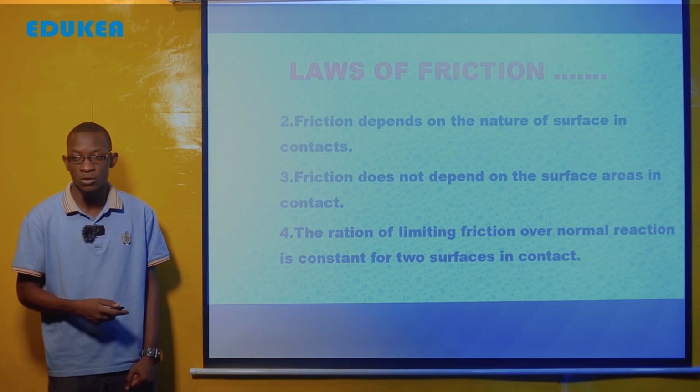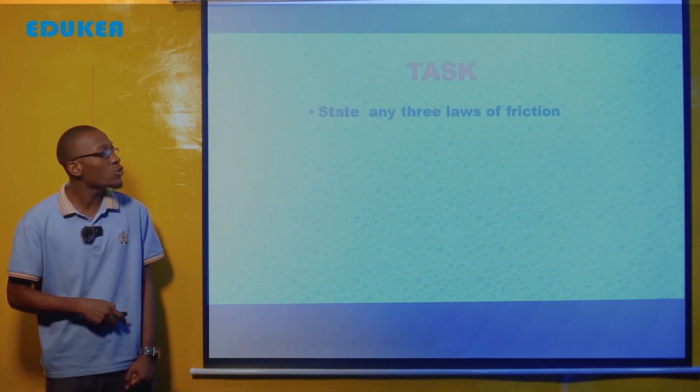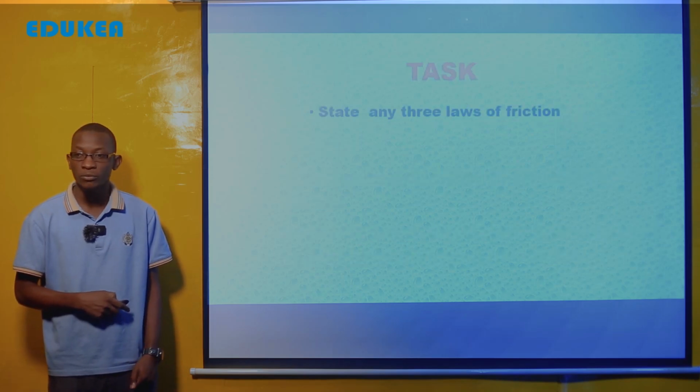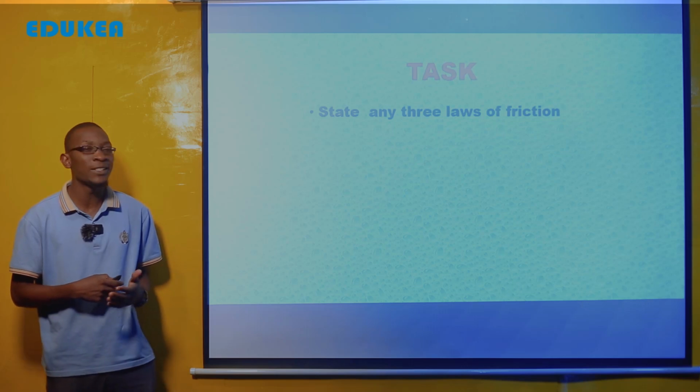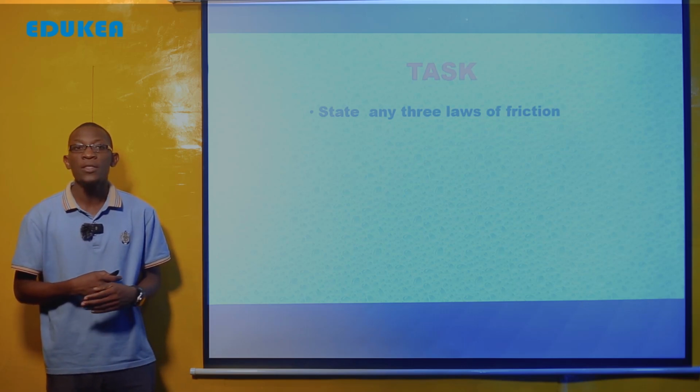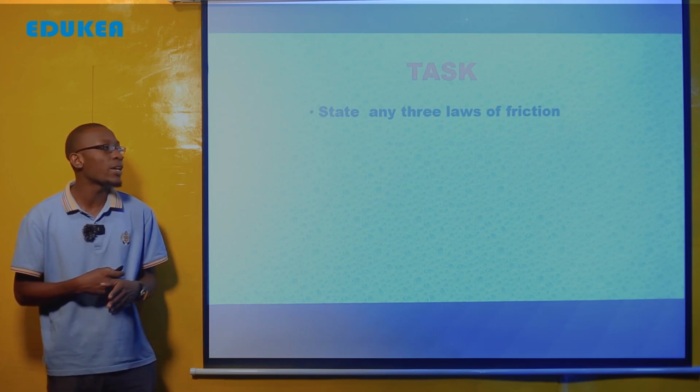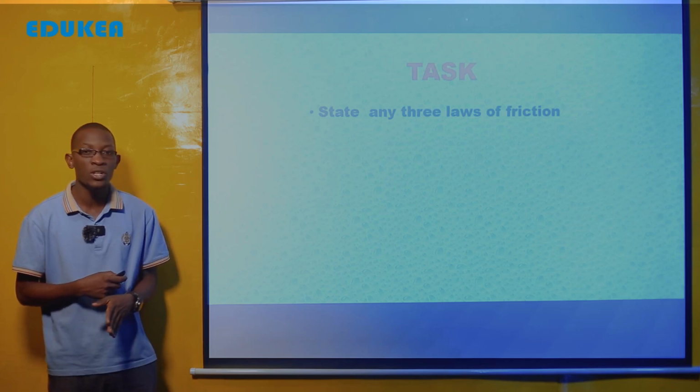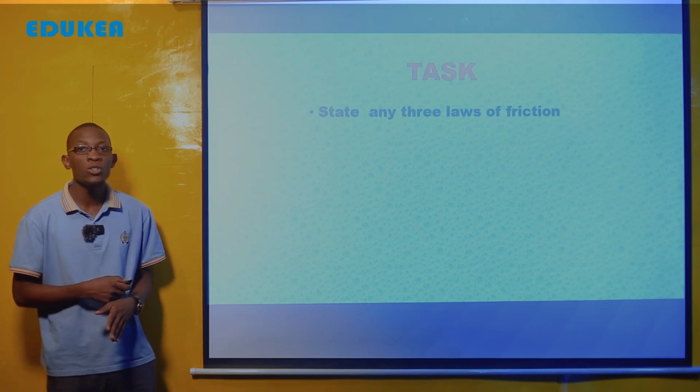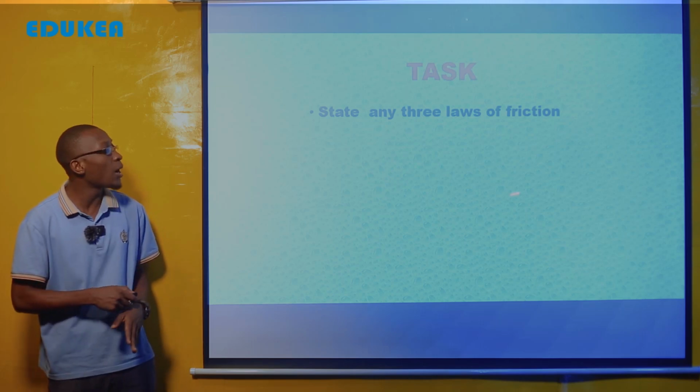So my dear students, after looking much about the types of frictions, thereafter we are discussing about the laws of frictions. Now it is task for you to go and read about the states in 3 laws of